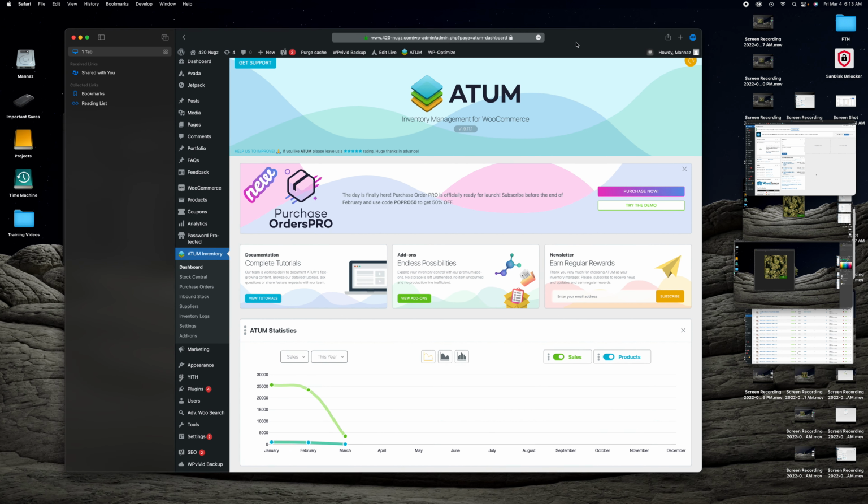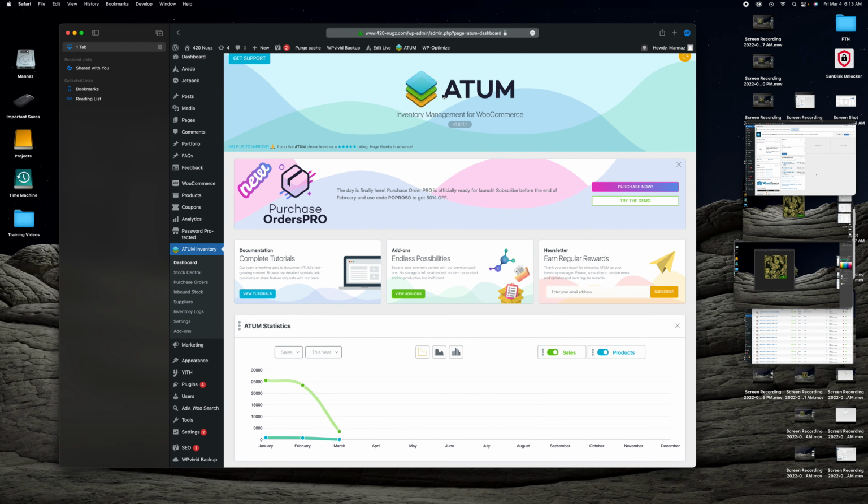Okay, this is the ATUM Primer. ATUM is the inventory management software that we have installed for WooCommerce. This is just going to be an overview of what you can do within ATUM and how I use it. Okay? So, mostly, I use ATUM's Stock Central feature, which is over on the left-hand navigation right here,